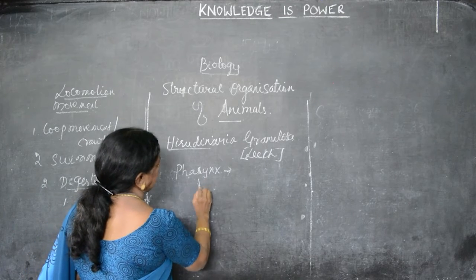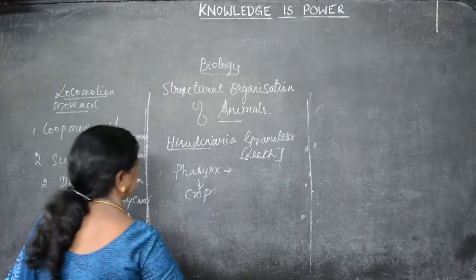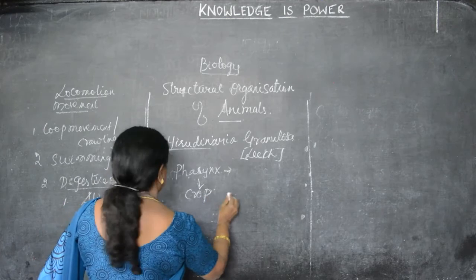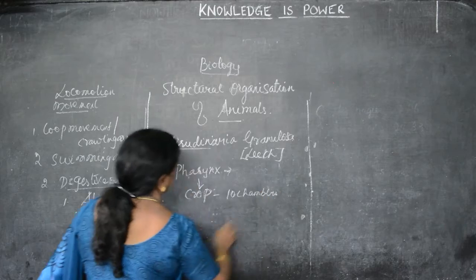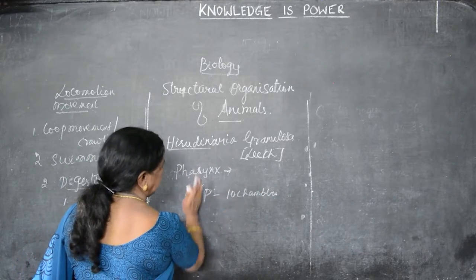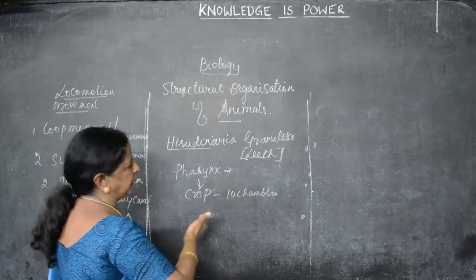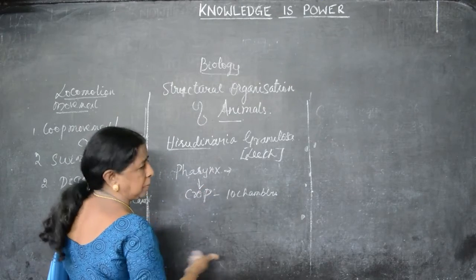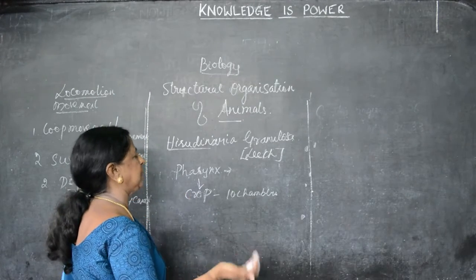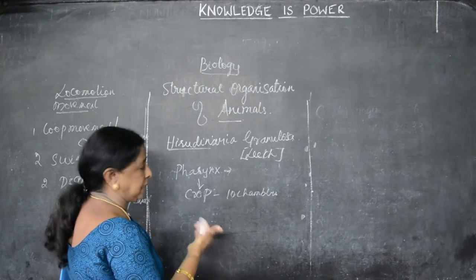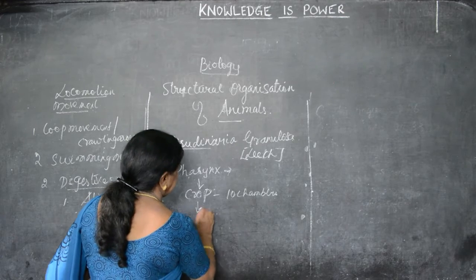Next to the pharynx, there is a part, the crop. The crop is a bag-like structure. Here the food is digested. How many chambers does the crop have? 10 chambers. In the 10 chambers the food is digested. To digest a full meal, it takes at least 10 times its body weight of blood from the victim. That means it stores extra blood equal to 10 times its weight. Whenever it needs it for digestion, it can take even 1 year. Next to that, there is a layer, the sphincter.